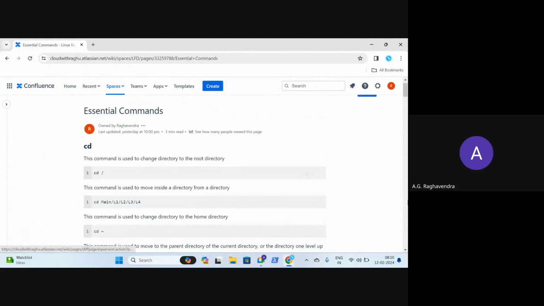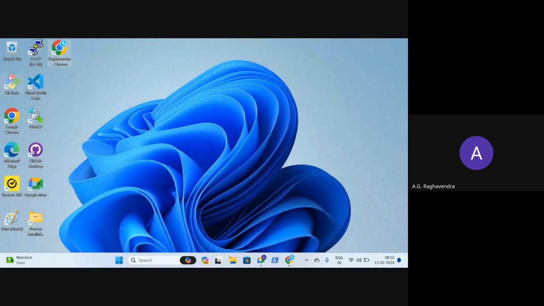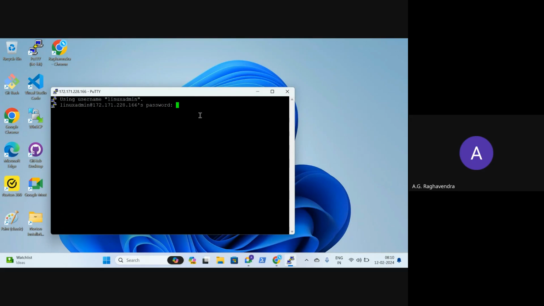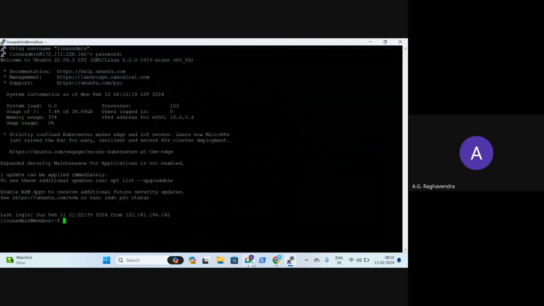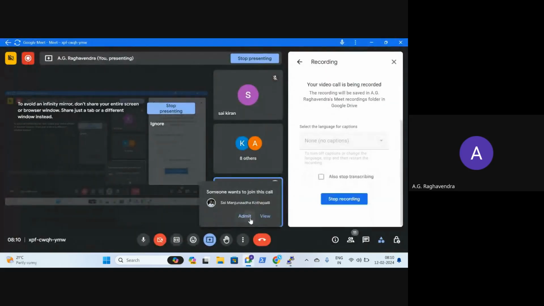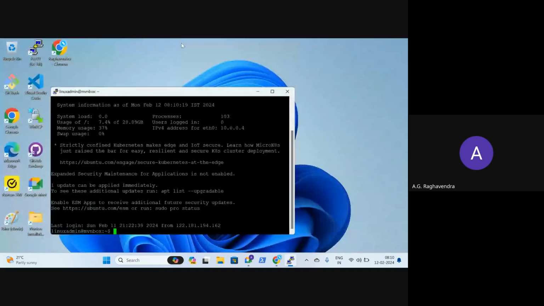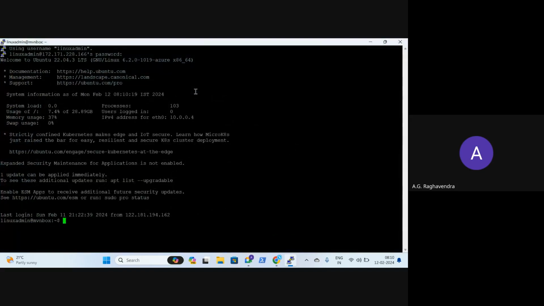So we'll start with a different concept called file system hierarchy, which is fundamental for Linux. Now, one of the few basics you have to always keep in mind is that when you connect to a Linux machine, you connect to your home directory. I'm not going to repeat this point every time. Please be noted.